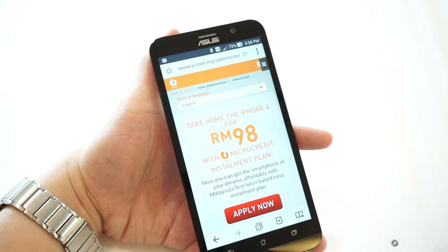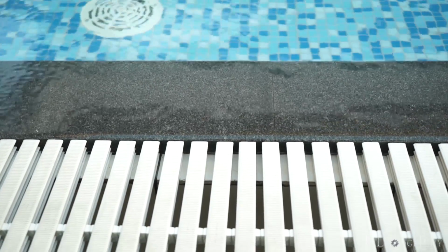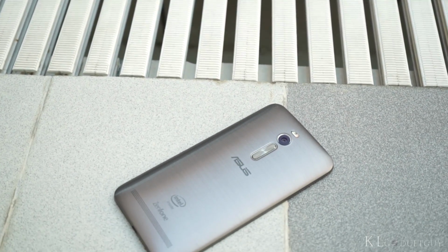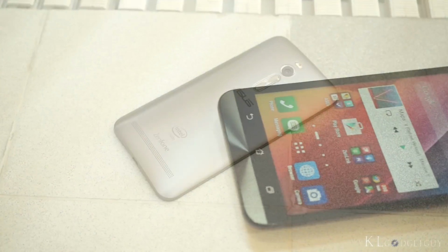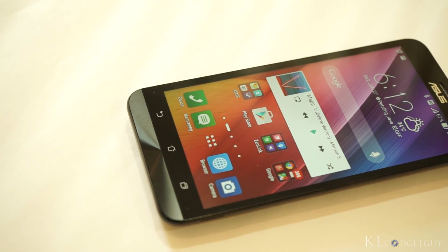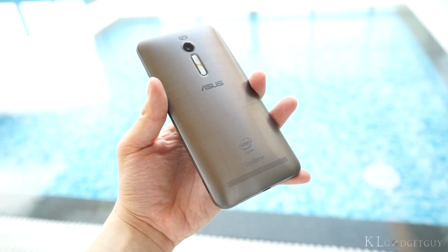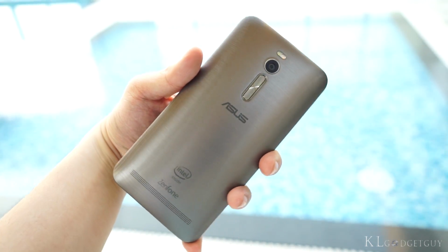On first impressions, the ASUS ZenFone 2 is a smartphone to be loved. It has the performance that power users will need. There's no storage issues like some flagships this year, and it is undoubtedly the most value for money flagship at 1,099 ringgit. However, after some time of using the phone, we just feel that ASUS have pretty much made a